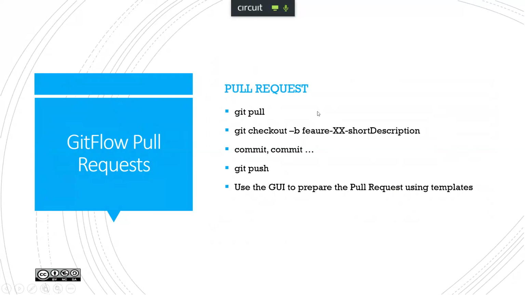You download all the modifications from develop. Here we are assuming that we are in the develop branch or master branch. Then you download all the modifications and create a new branch. One of the interesting things, and one of the things we learned in the past, is that